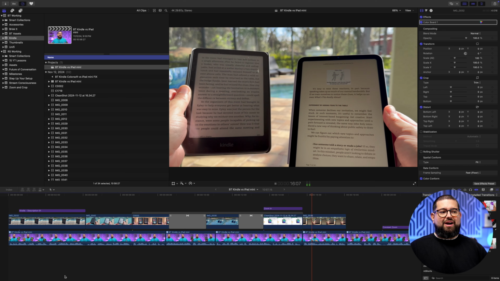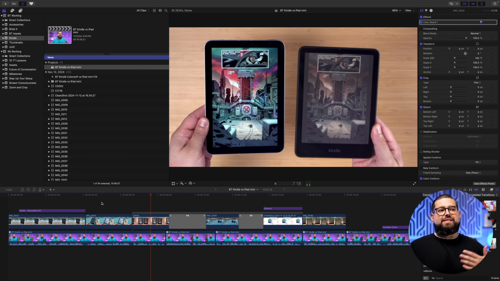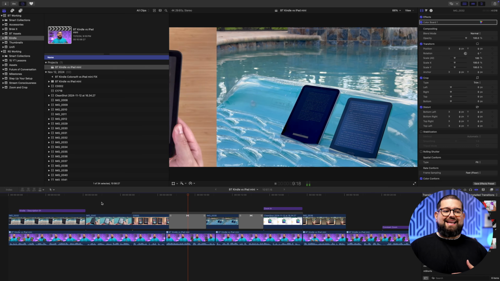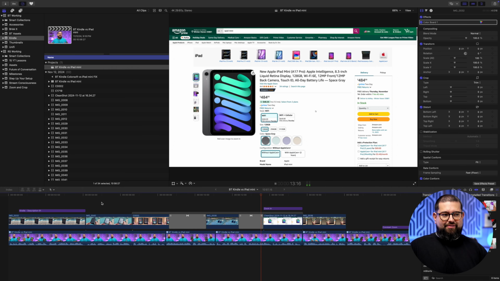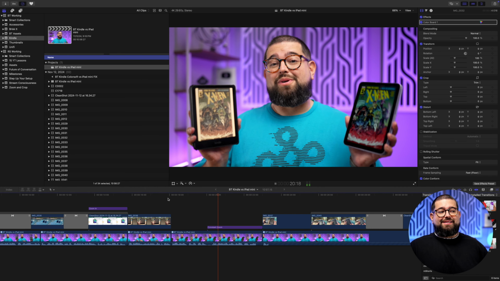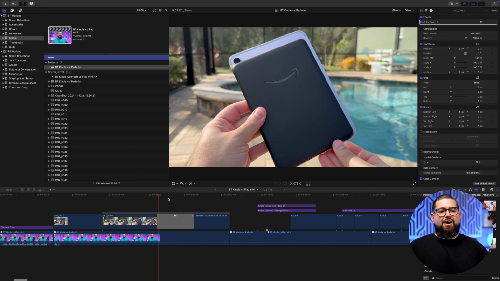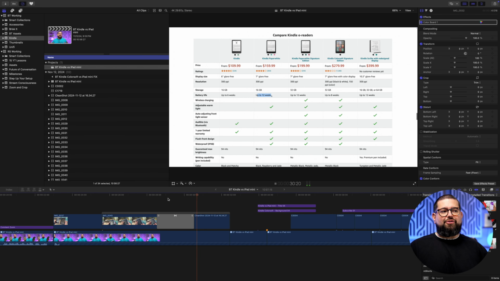Obviously, I'm comparing the pricing. I'm comparing the iPad to the Kindle. And so visually, this is giving people an idea of what to expect. And I'm also saying what I'm going to cover. And then you see me on camera about 18 seconds in, holding the devices. You see that kind of subtle zoom in, which again, is just helping the retention a little bit, and more comparison shots and B-roll. All of this is really just the intro, the first 30 seconds.